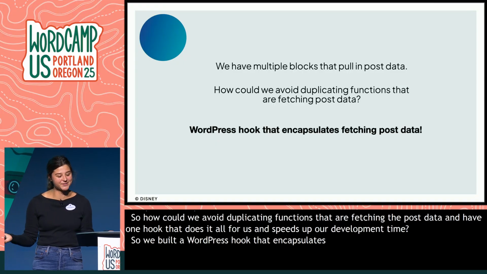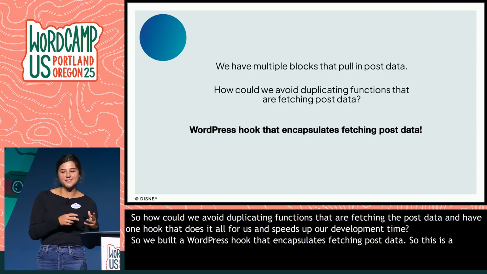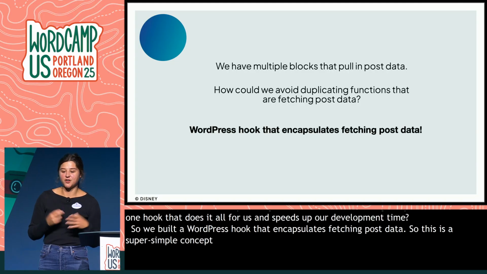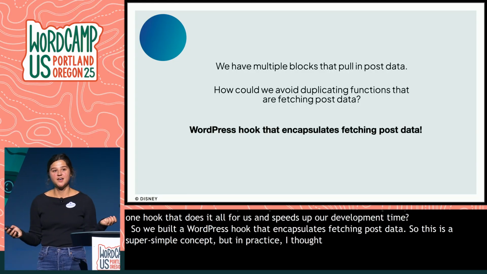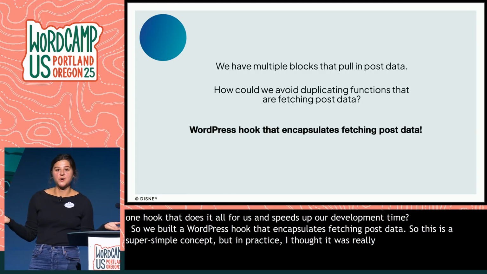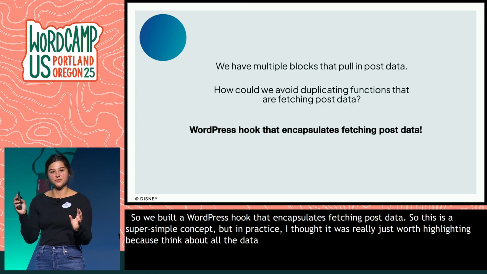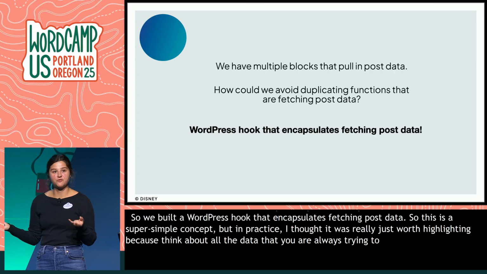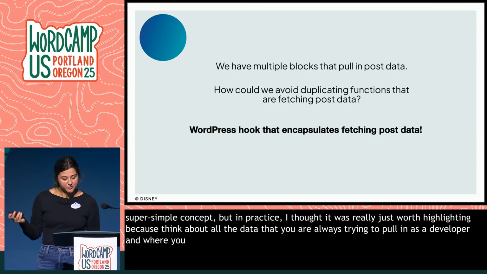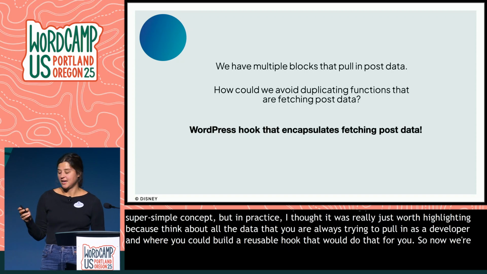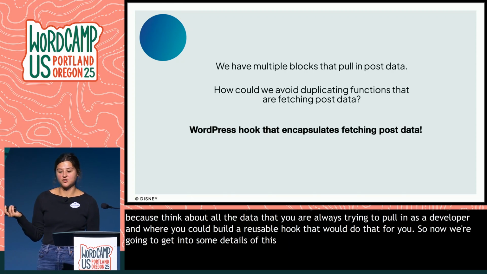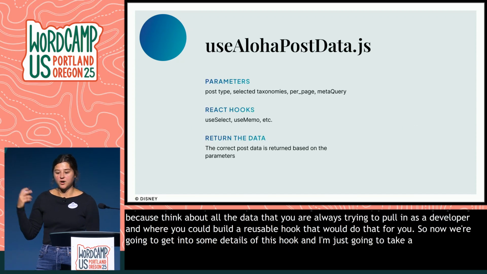So this is a super simple concept, but in practice, I thought it was just really worth highlighting because think about all of the data that you are always trying to pull in as a developer and where you could build a reusable hook that would do that for you. So now we're going to get into some details of this hook, and I'm just going to take a second to talk about how it works. So our hook is called